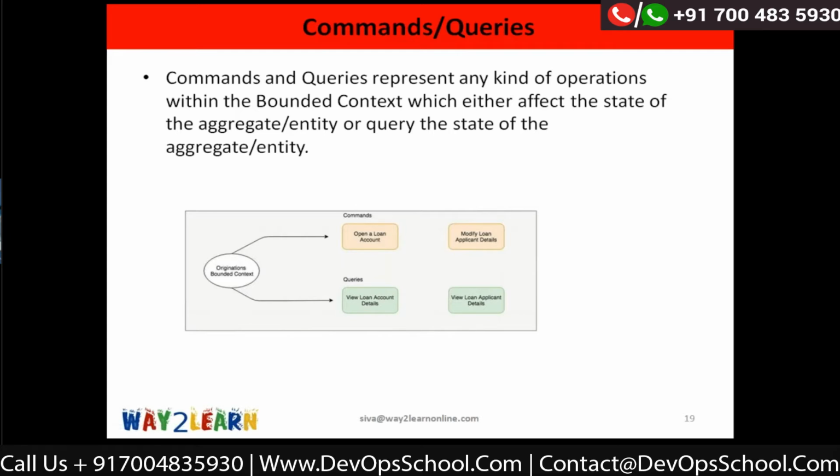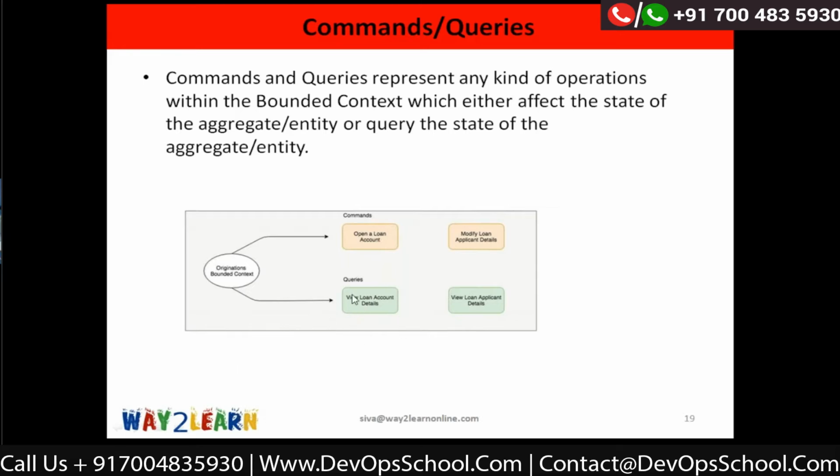So a new loan application has to be created, so the state of an aggregate is changing. Or modify the loan applicant details. That means we have to change my aggregate, right? So any request to our application which results in a state change, we call such requests commands.